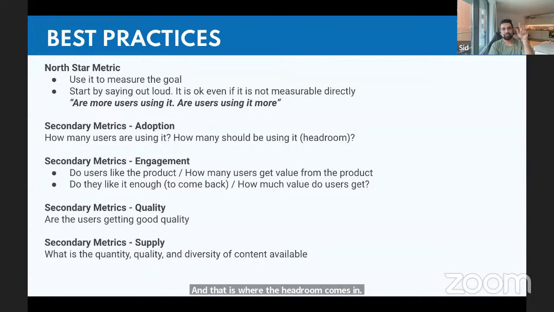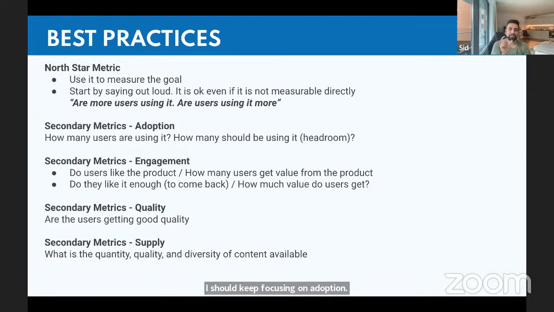Headroom basically means, what is my universe that should be or could be using Reels, and what percentage of them, or what number of them, are not using it? So if I think of headroom here, I would think of it like this: Instagram as a whole has, let's say, 100 million weekly active users, and only 20 million are using Reels. So the other 80 million have access to Reels, but they're not using it. And in my mind, that's not a very good split. So my headroom is really large, so I should keep focusing on adoption.